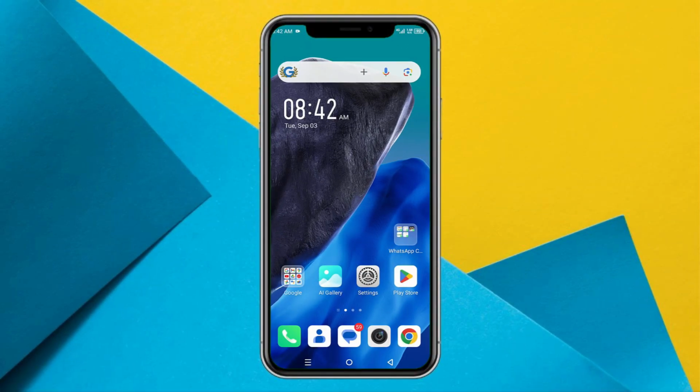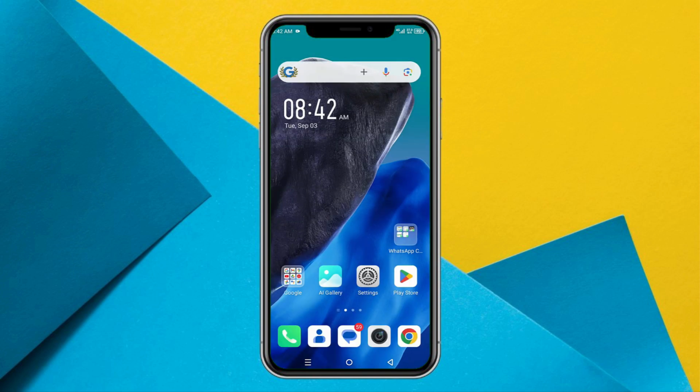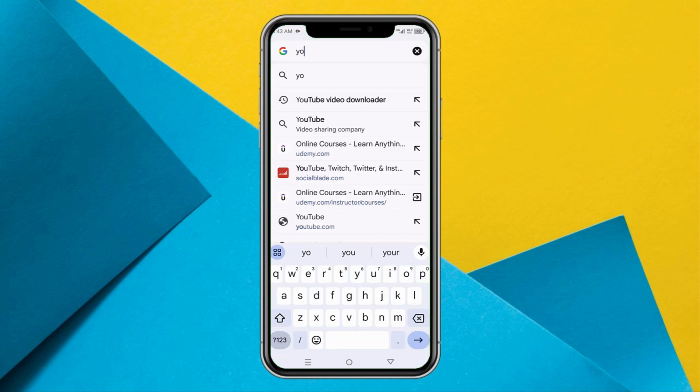In this video, we are going to see how to find your YouTube channel ID on your phone. For that, we won't be able to do this from the YouTube applications like YouTube Studio or the YouTube application. So what we can do is just head over to the browser, and here you need to write